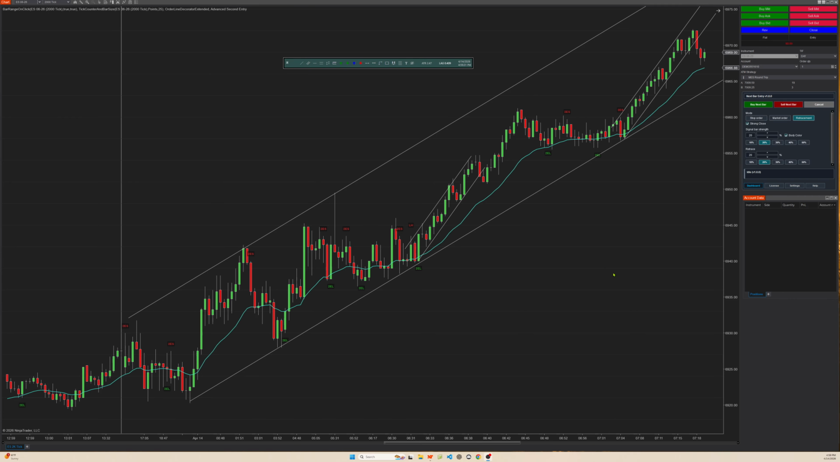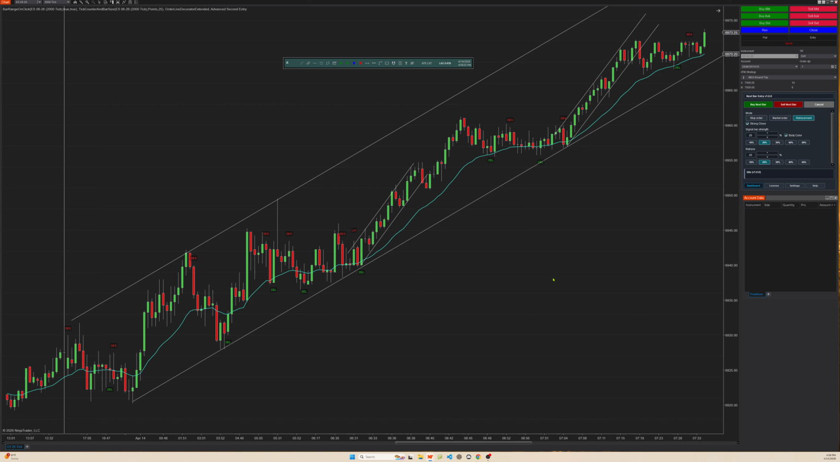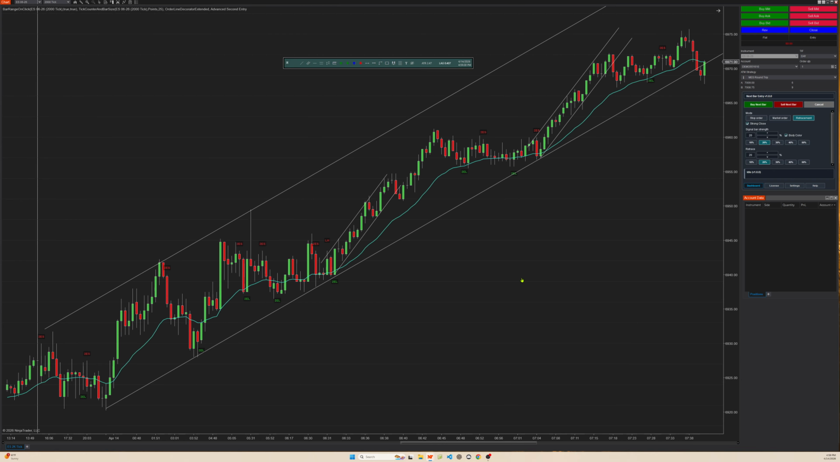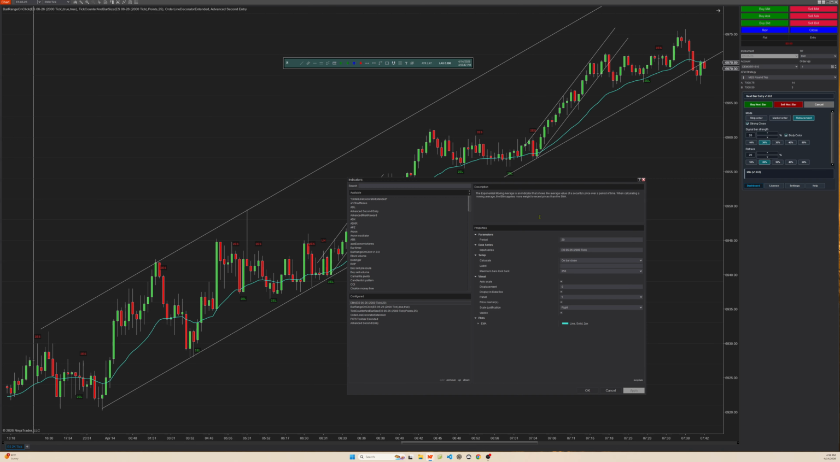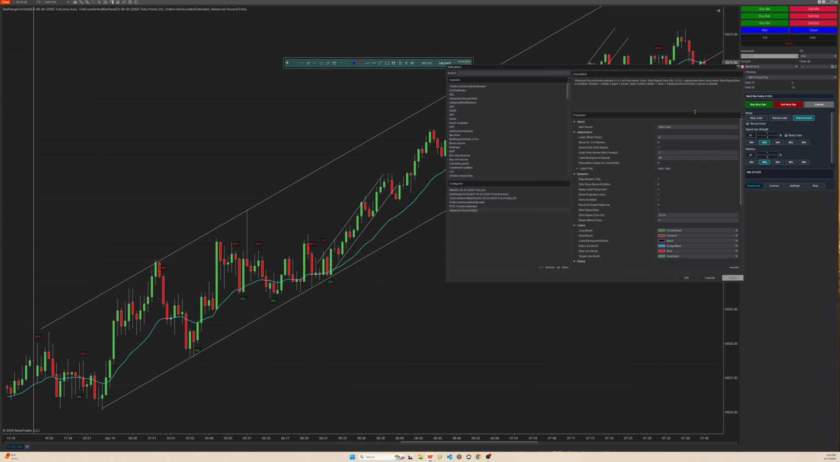Just want to do a quick demo on the advanced second entry indicator. So let me go through the settings first. Advanced second entry. So currently we have